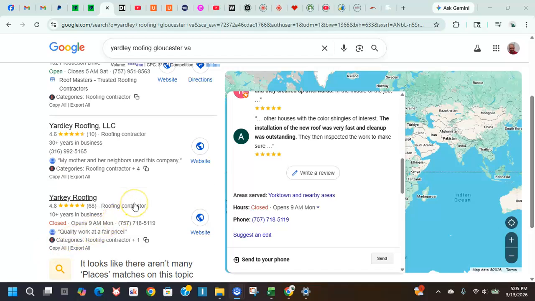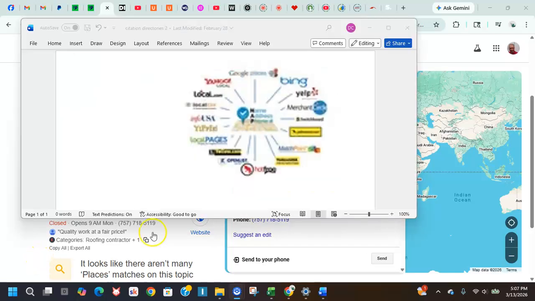And the important thing about a citation is you want to have them listed. The citation is also known as a NAP, name, address, and phone number. But you want to have that NAP listed in online directories. Okay, now these are some of the top directories you want to be listed in, like Yahoo, Bing, Yelp, Yellow Pages, Better Business Bureau, and there are a couple of hundred other directories that you want to have your